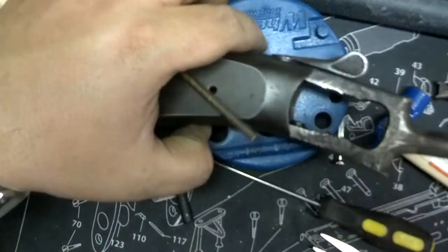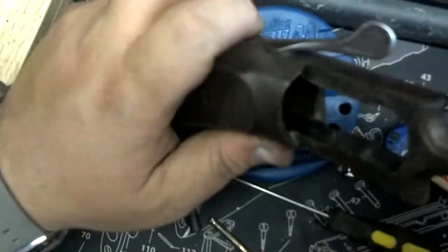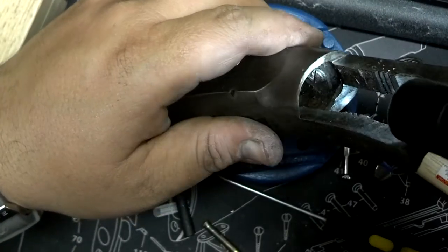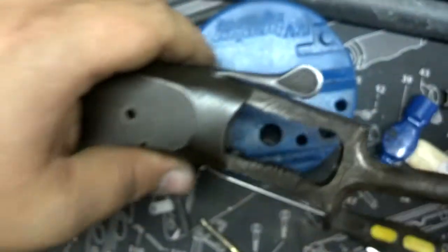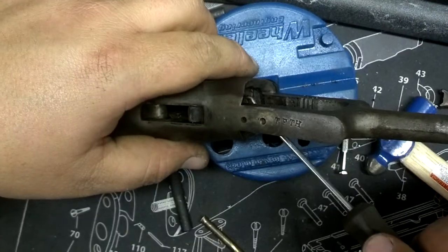Alright, now we can get to what we need to get into it here. See if you guys can see in here. There's our problem spot, so we're going to take that off and pull all of our pieces out. That's what the problem was. This thing is loose and moves up and down. So I'm going to take that apart, pull that out,